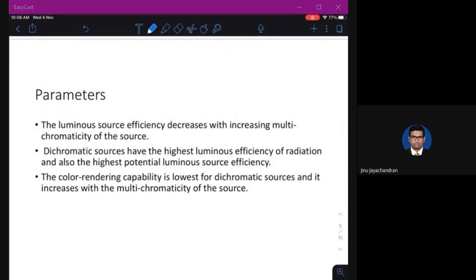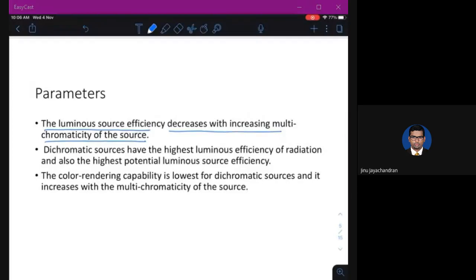Now, how these parameters vary, this also we have seen in the last class. So luminous source efficiency decreases with increasing multichromaticity of the source. So if you use dichromatic sources, which have only two wavelengths, they have high luminous efficiency. And as you increase the number of wavelengths, if you go for tri, tetra, and penta, the luminous source efficiency will decrease.